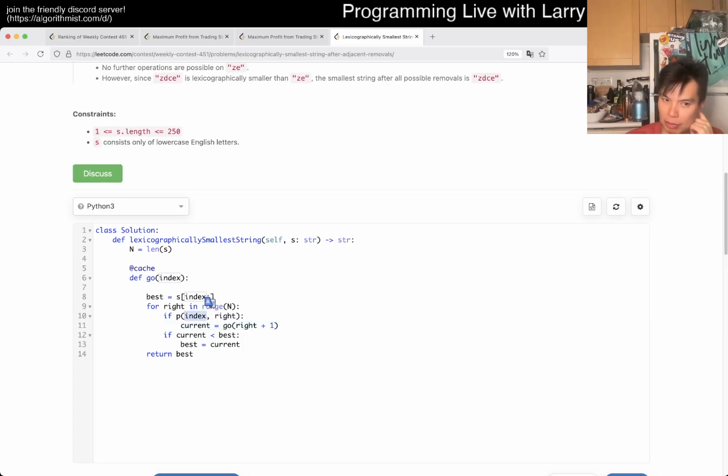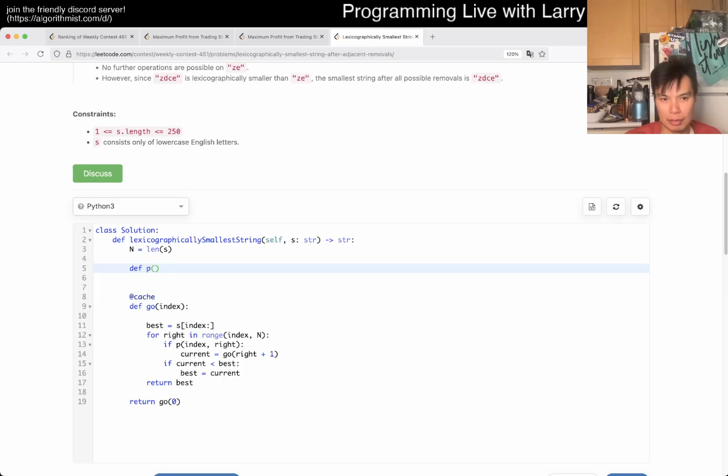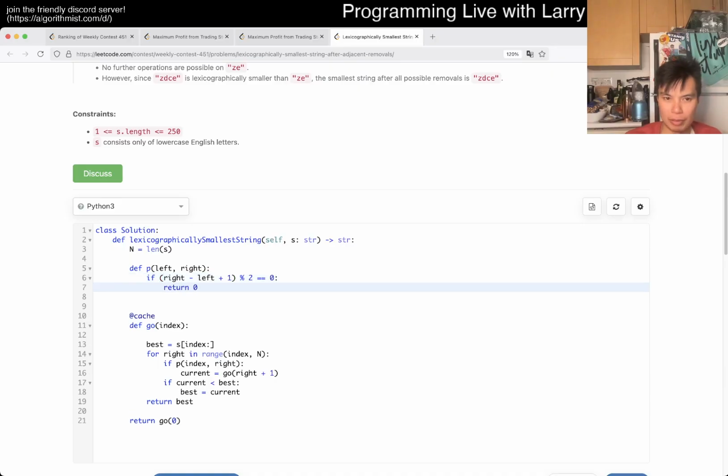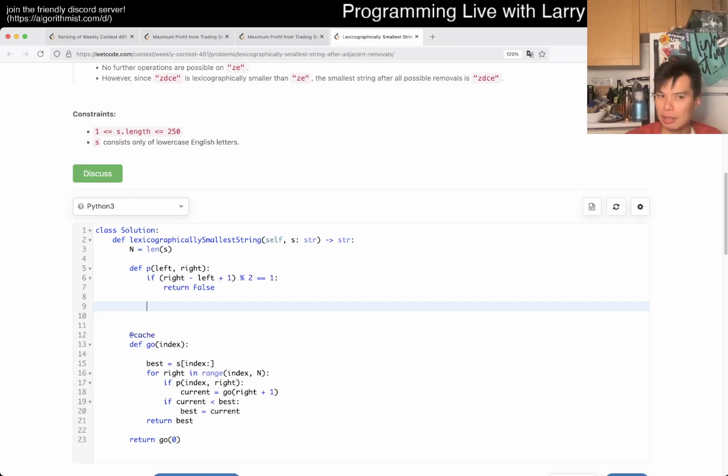If it's possible from index to right, and this is from index, of course, inclusively, then yeah, we can go to the next one. Okay, and that's the substring, so that's the best possible substring maybe. And then now maybe possible of left, right: if right minus left plus 1 is odd, then we just return false, because that means that we have an odd number of characters. Otherwise we go,